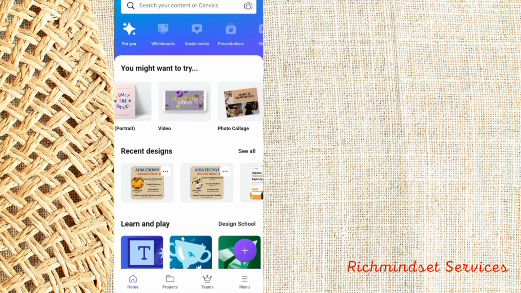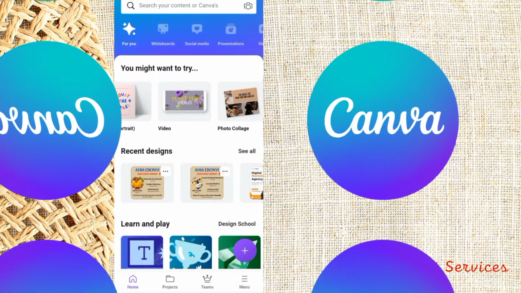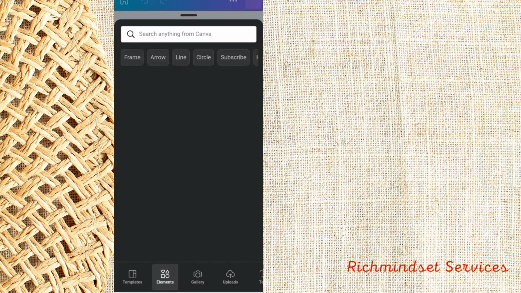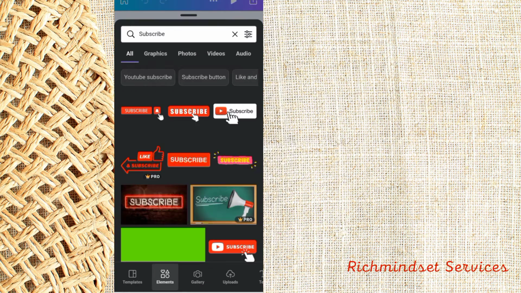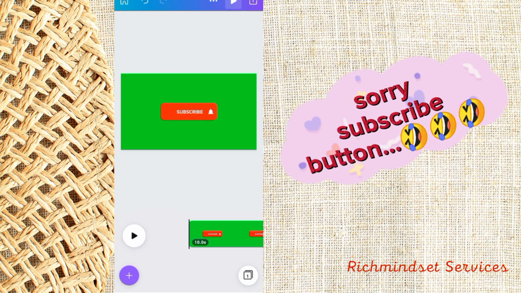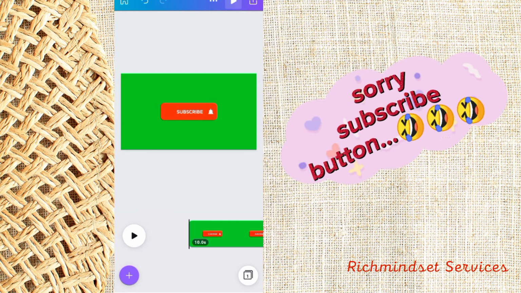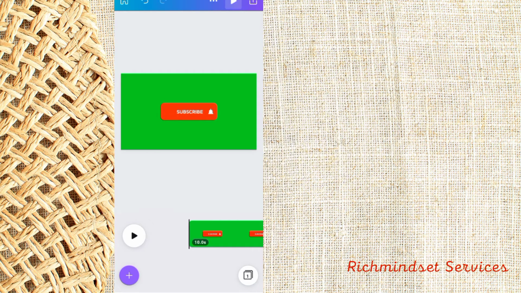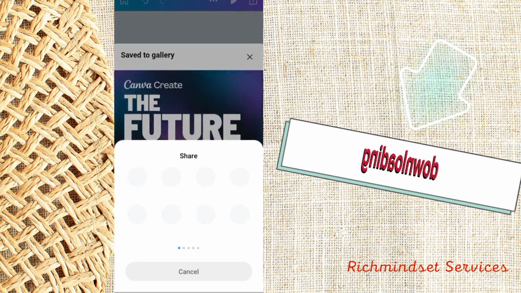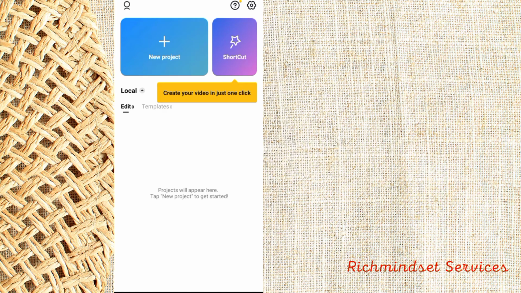But first things first, let's get the subscribe button we want to use. We'll go over to Canva and download the subscribe button. So this green screen I got from Canva is from the free version of Canva. I'm using a free version of Canva, so let's get that out. Once we've downloaded it,